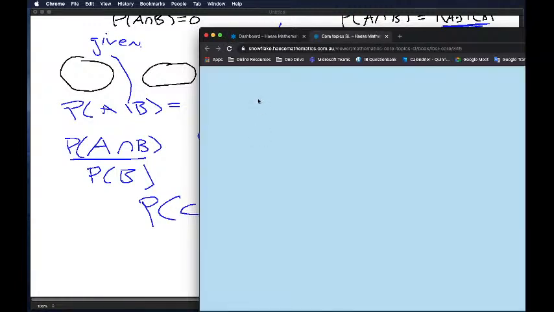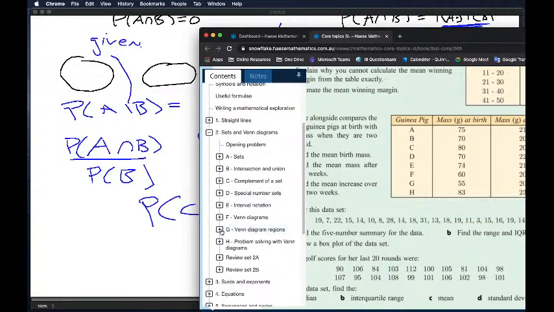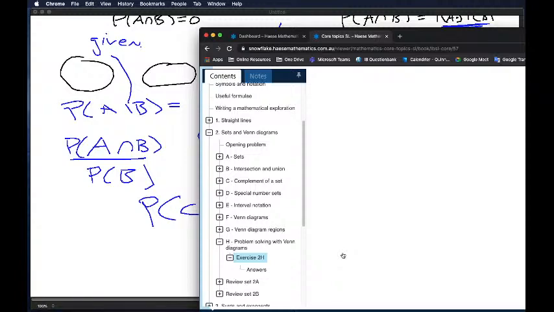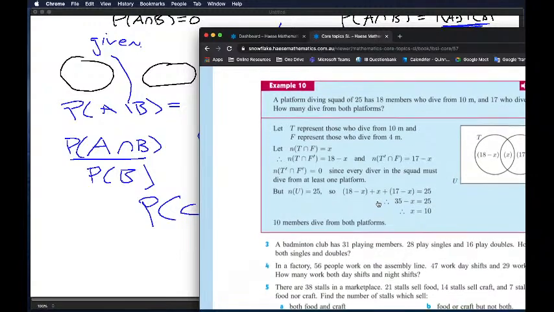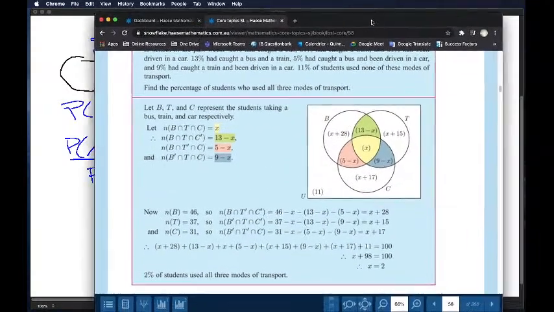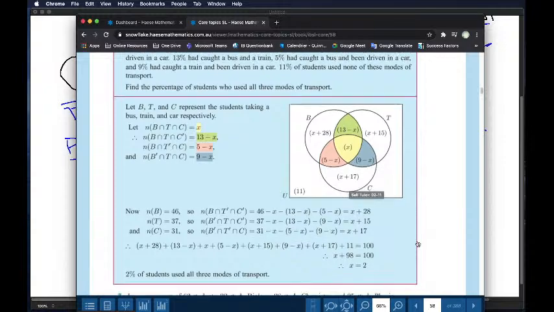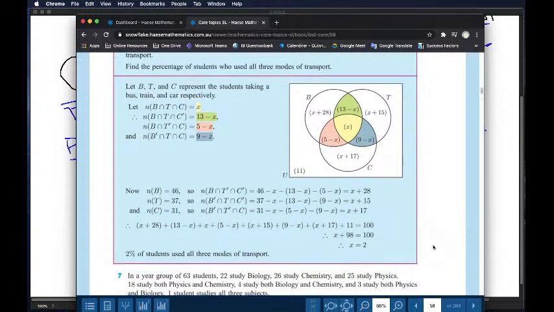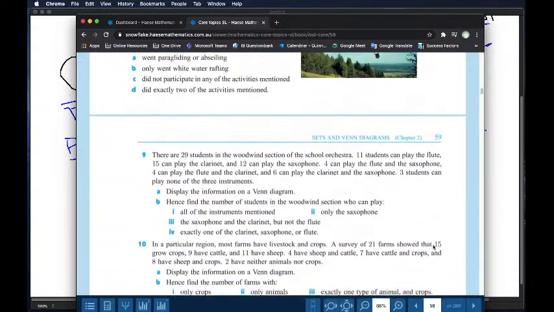So I think there's probability in this book. If you guys want to take a screenshot, I can give you a Venn diagram to try. Sets and Venn diagrams. Problem solving with Venn diagrams. You want something crazy? Well, look at this one. I shouldn't be showing you guys this. I should put this on your test. This one looks really good. But if you want to take a screenshot of something to do,